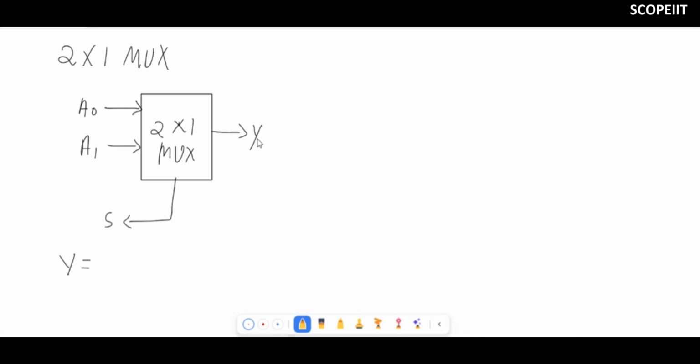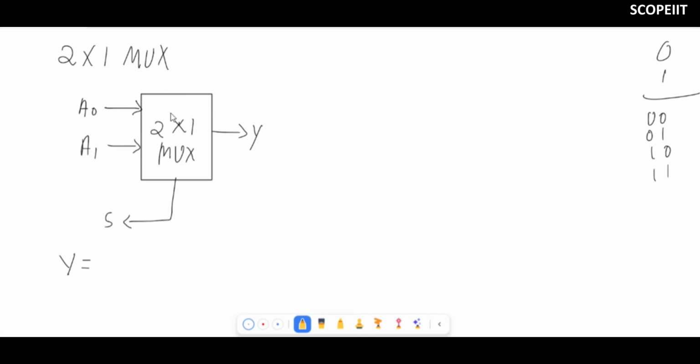Remember, there is no need to learn this expression by heart. How to write the equation without learning it by heart? See, there is only one signal. In digital logic, if you have only one signal, how many possibilities? Either 0 or 1. If we have 2 signals, then how many possibilities? 00, 01, 10 and 11, that is 4 possibilities. But here there is only one signal, so 2 possibilities. And one more thing: in the exam, you have to draw only this diagram. Don't write what I'm writing right now. This is just for understanding how to generate the expression. In the exam, the block diagram should be this much.